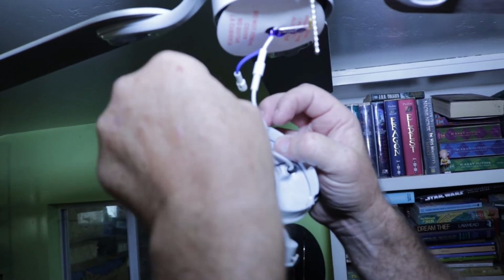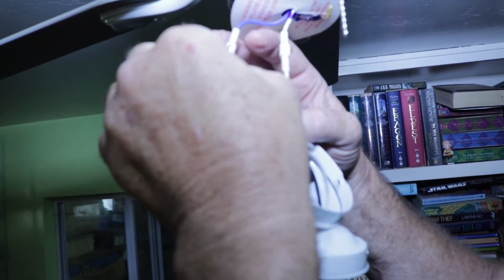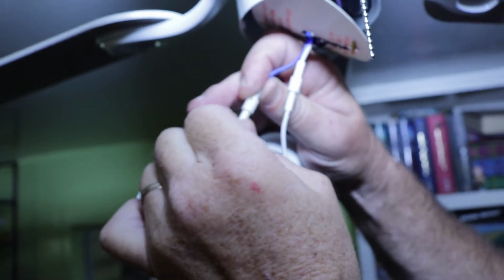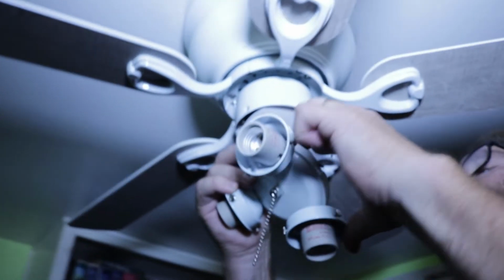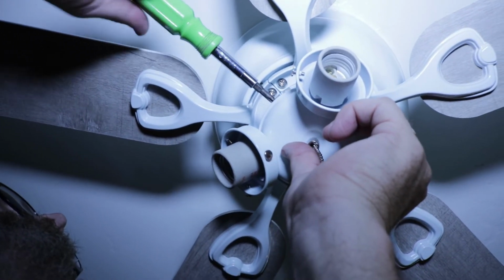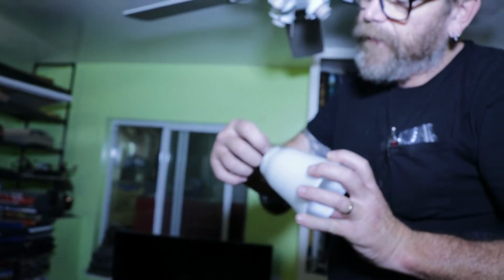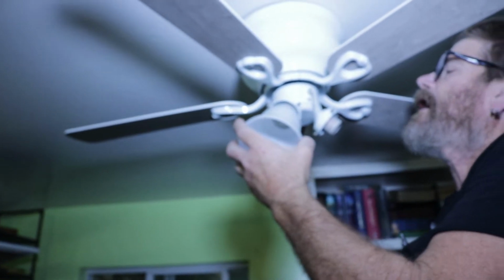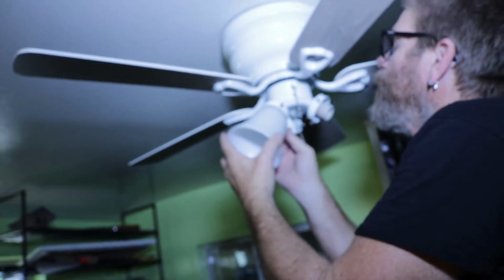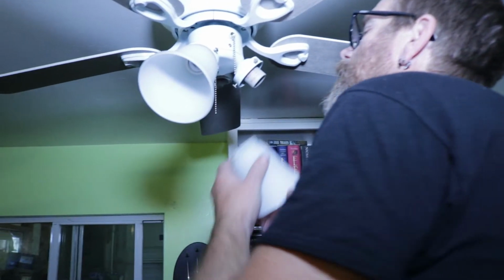That one's on. Push that back up in there. These back up in here. Now for these little frosted globes. The nice thing is too, and I'm surprised, they give you a little, it's almost like a rubber band on here, and it helps take up the vibration when the fan's running. So then you just slide these on, and then you tighten up these little thumb screws, kind of even them up. And number 2,